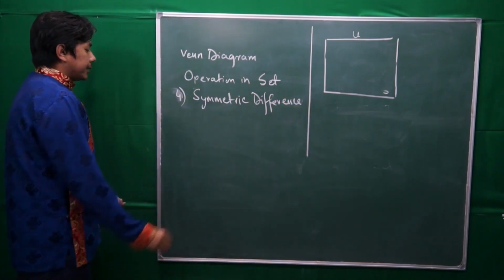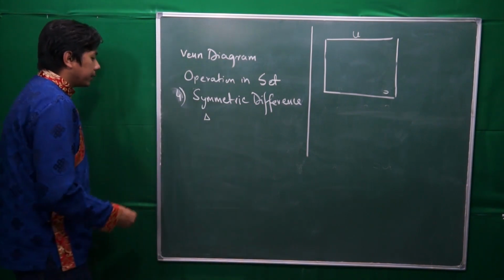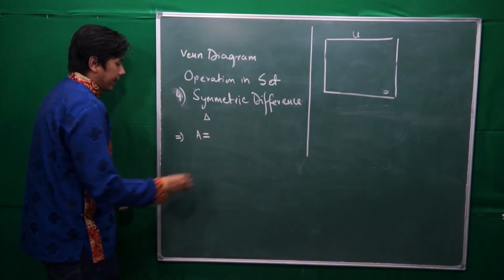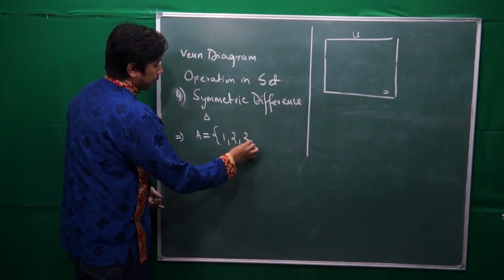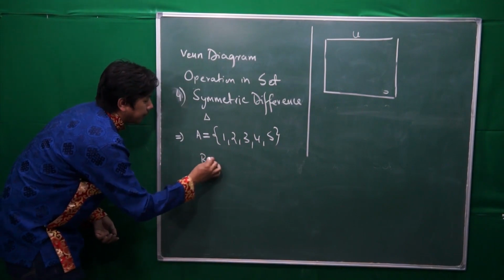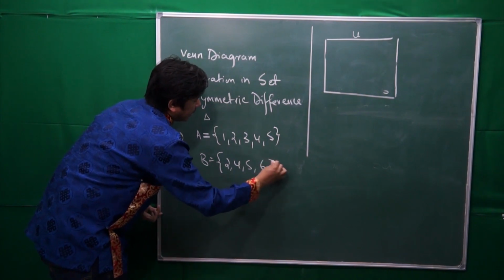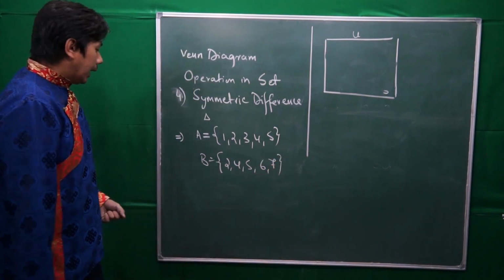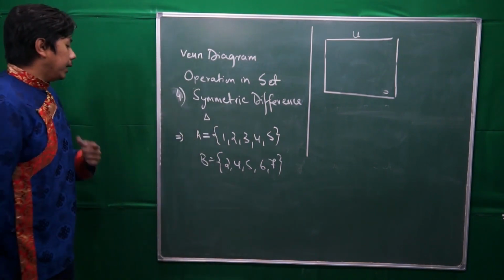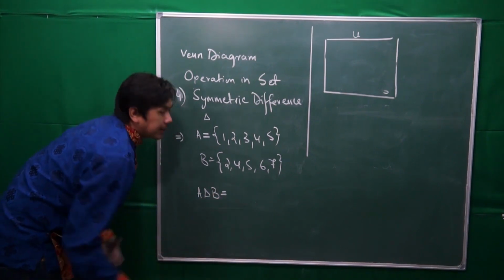So by symmetric difference, we represent it in the form of a triangle, delta as we call it. So let's say set A has elements 1, 2, 3, 4, 5. Similarly, set B is another set with certain elements, say 2, 4, 5, 6, and let's say 7 as well. Now, if I need to find the symmetric difference between set A and set B, I'll be writing A delta B is equal to